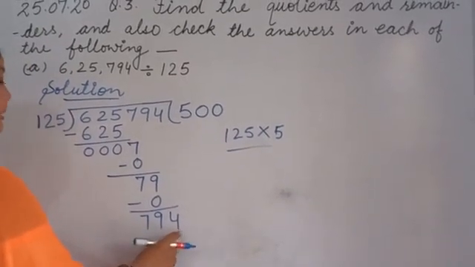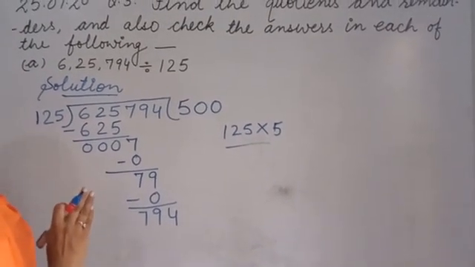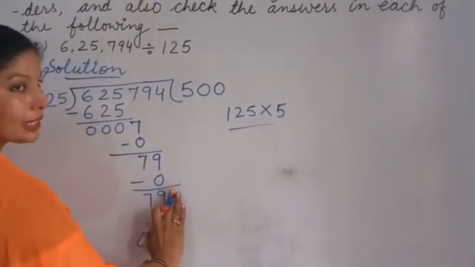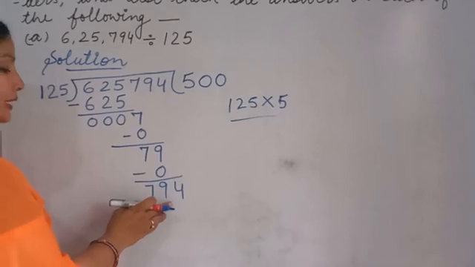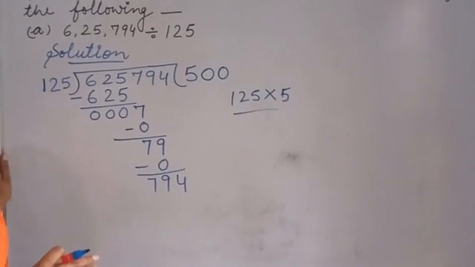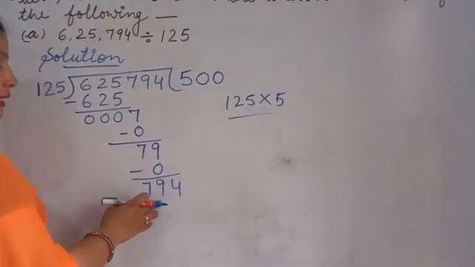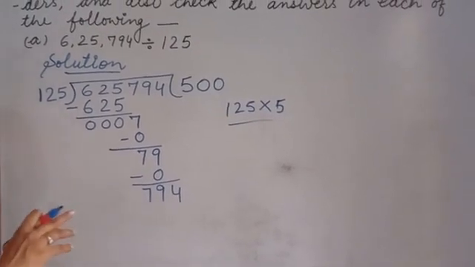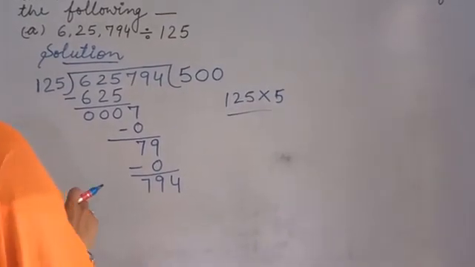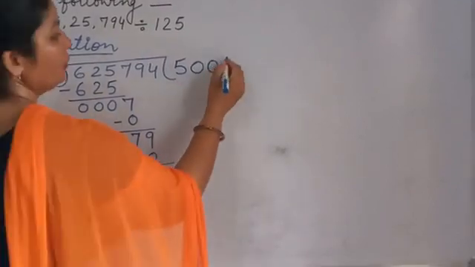Now 794 is greater than 125. That means now we will find on which number we will take a table. So now we skip the ones column from both sides. Now in the 12 table, where is 79? In the 12 table we don't have 79, but we have 12 6s are 72. 72 is smaller than 79, so the 6th number is smaller. So we will take on the 6.